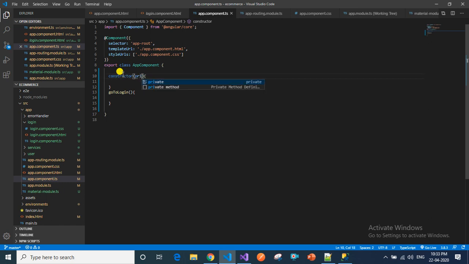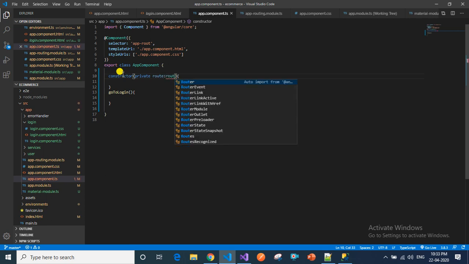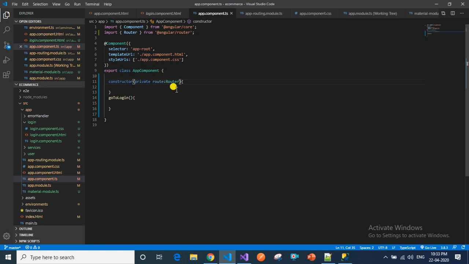We have to import Router here. We have to import this router in order to navigate to other components in Angular.